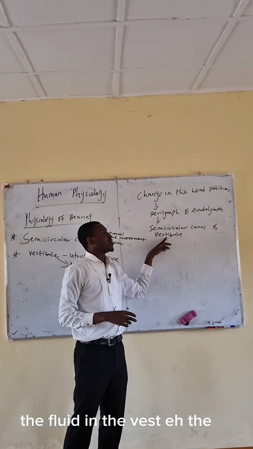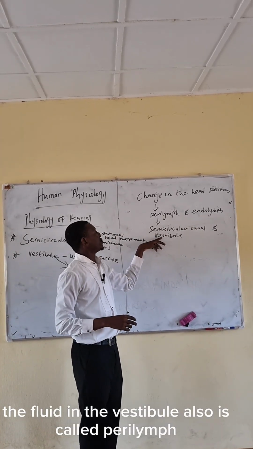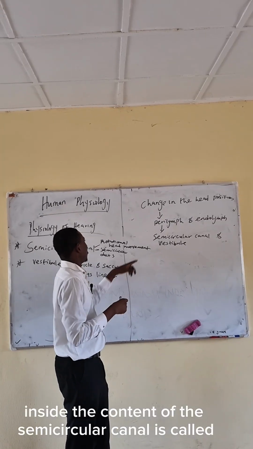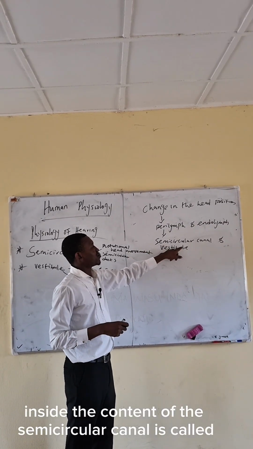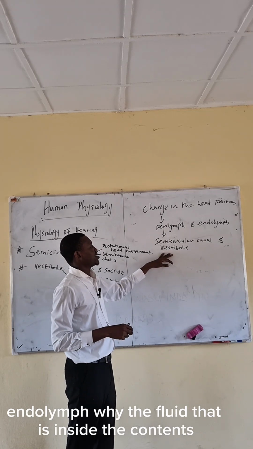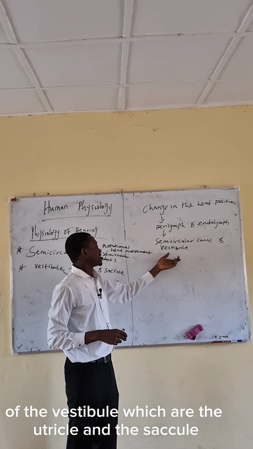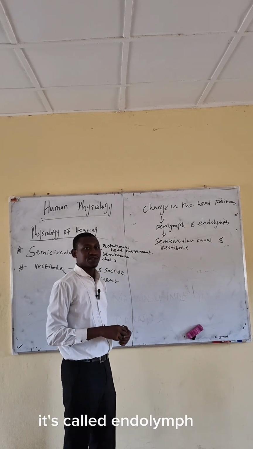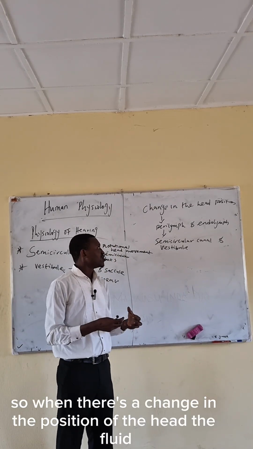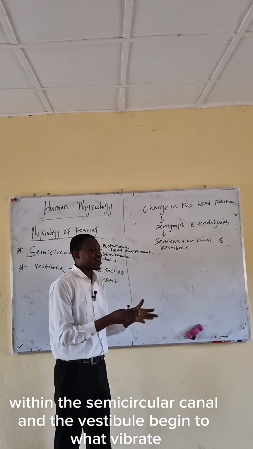The fluid in the vestibule also is called perilymph. But the fluid that is inside the content of the semicircular canal is called endolymph, while the fluid that is inside the contents of the vestibule, which are the utricle and the saccule, is called endolymph. So when there's a change in the position of the head, the fluid within the semicircular canal and the vestibule